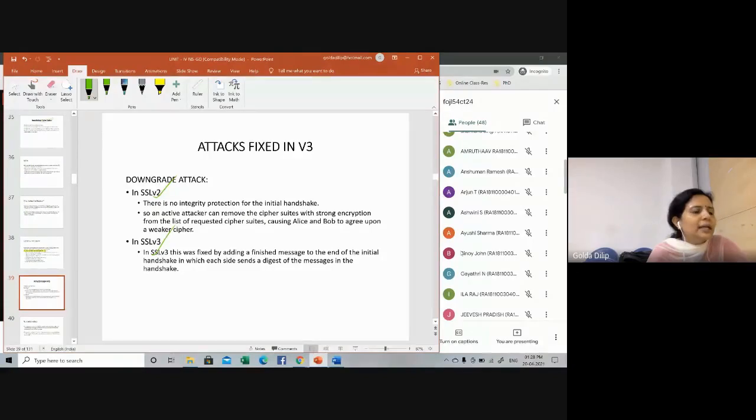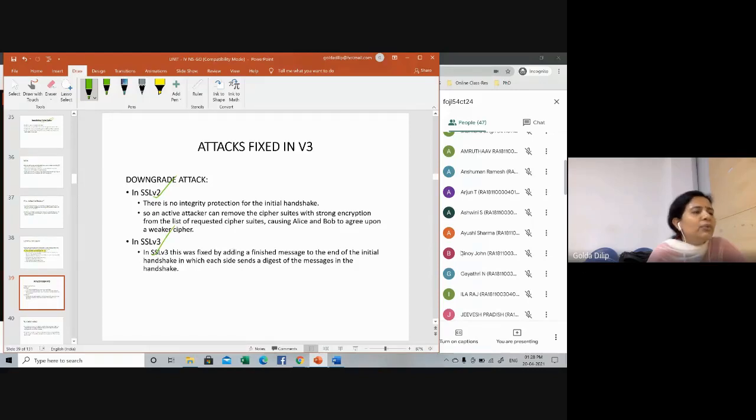Tricking the client and the server to use an older version of the protocol, to exploit the flaws that were present in the older versions of the protocol. So that's the target of the adversary. It's a sort of man in the middle attack, and then they will be capable of intercepting or modifying the network traffic.